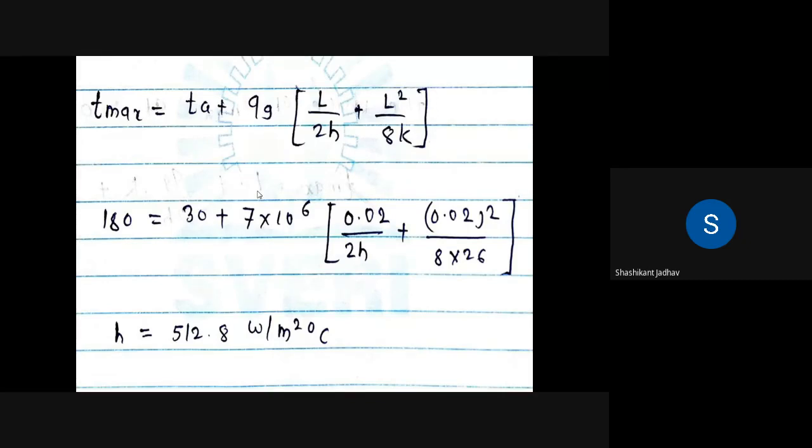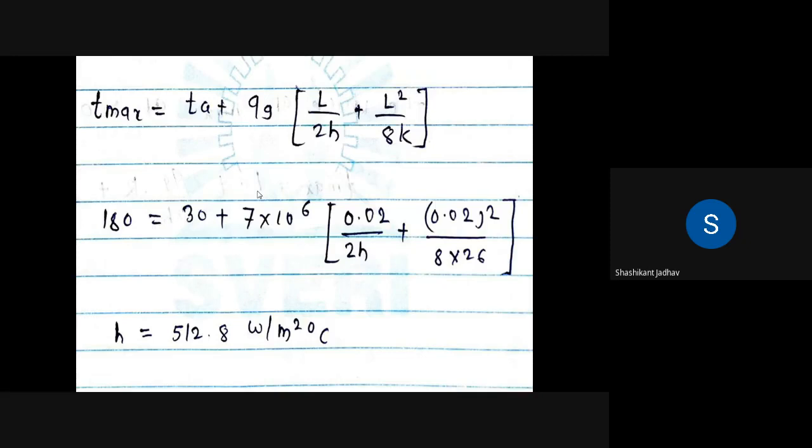Okay, so T max is given, 180, ambient temperature is 30 degrees, then Qg is 7 into 10 raised to 6, L is 0.02 divided by 2H, plus 0.02 bracket square, divided by 8 into K, which is given as 26. So all values are given, only unknown is H, that is the heat transfer coefficient. So by using this we have to calculate the value of H, and what is the value of H? That is